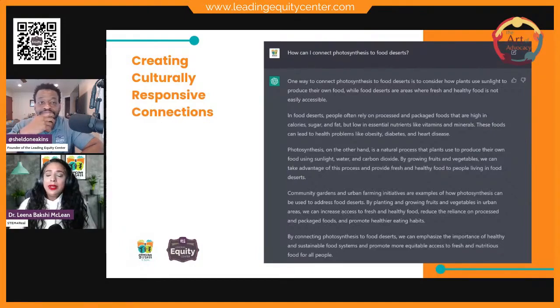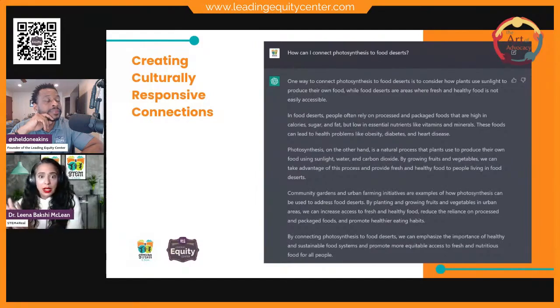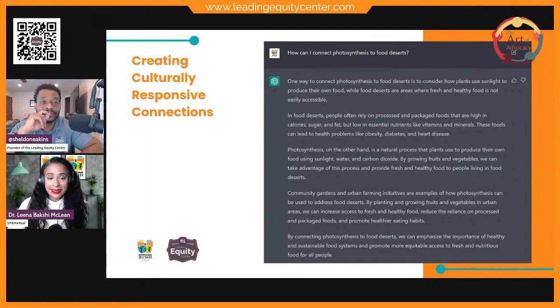And so you can ask GPT, how can I connect photosynthesis to food deserts? So you can ask, what can I do to connect to this cultural phenomenon? Or what can I do to connect this topic to what's going on in society right now? And it will give you a whole set of ideas as to how you can bring these ideas to life